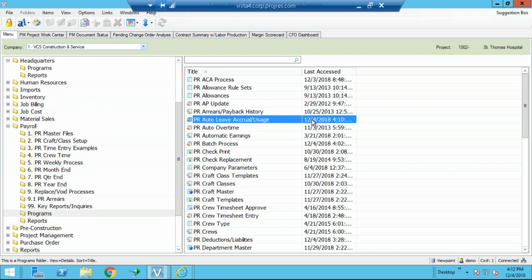Okay, ACA, big one. At this point, if you are not subject to ACA reporting, you may want to drop off the call because I'm just going to talk through that a little bit. It's kind of like the leave processing. There's a lot to it. I can only really show you a few of the high points. There is a tutorial on it, just like the leave. All you really have to do, what I would do, is go into